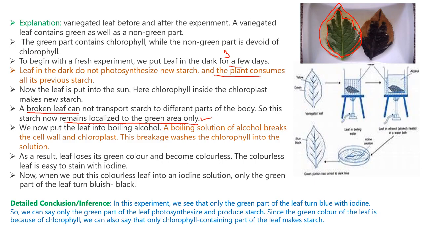Now once you have plucked the leaf, we are going to first boil the leaf in water. Why are we boiling it in water? You have to listen to me very carefully: we boil this leaf in water so that the cells become dead. Once the cell is dead, the metabolic activities of the cell will be stopped. That means the starch won't be consumed by the cell. Metabolic activities stop, and we are ensuring that the starch which is produced in the process of photosynthesis is still there in the leaf. Once you boil the leaf, the cells get dead.